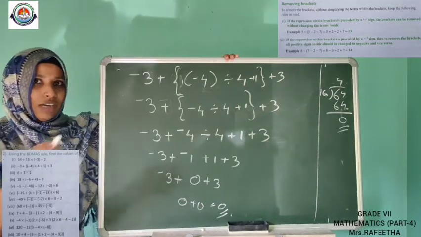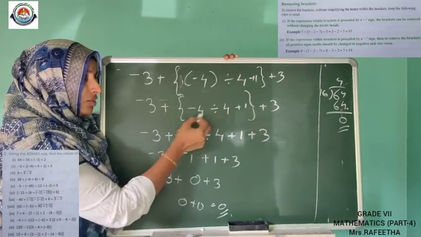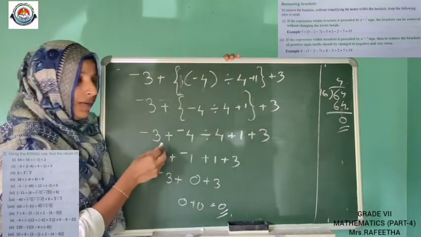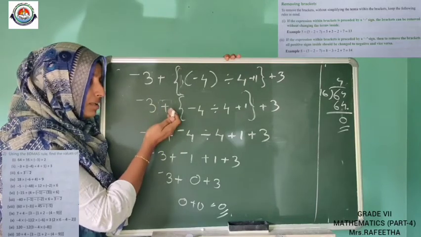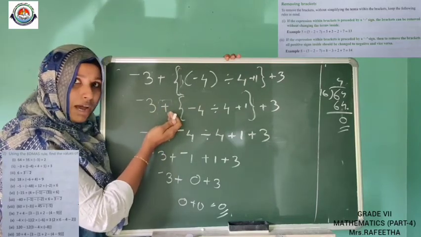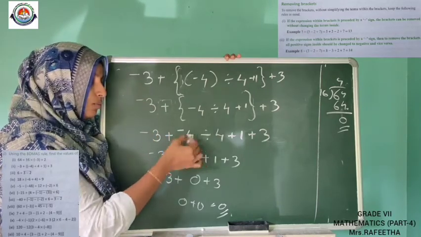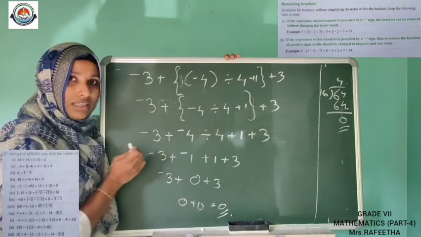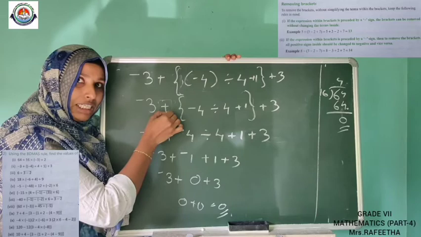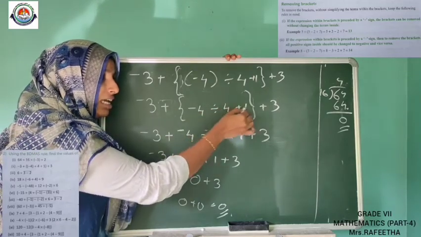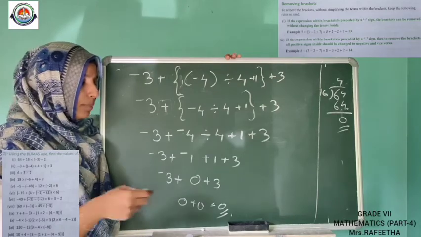Okay, got it. So what have we done here? We just removed the inside bracket. Then one bracket is remaining. What is preceding the bracket? This bracket is preceded by a plus sign. So there is no problem. We can just remove the brackets and write the terms inside. If it is preceded by a negative, we want to change the sign of each number inside. So we can do the problem like that.